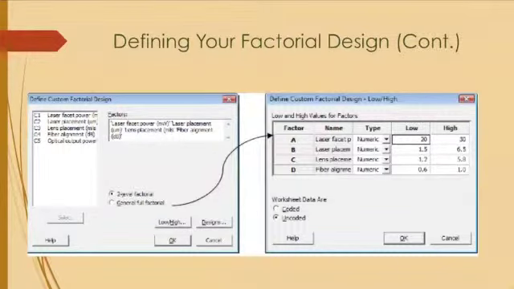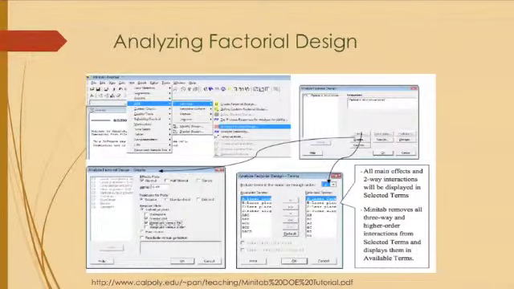And if you select the low-high option, you will actually be able to define your low and high values of your experimental factors here, which would be the cleanliness, yes or no, the Yuengling or Bud Light, and etc., as we used here. And then once you've defined your experiment, you can actually move on to analyzing your factorial design